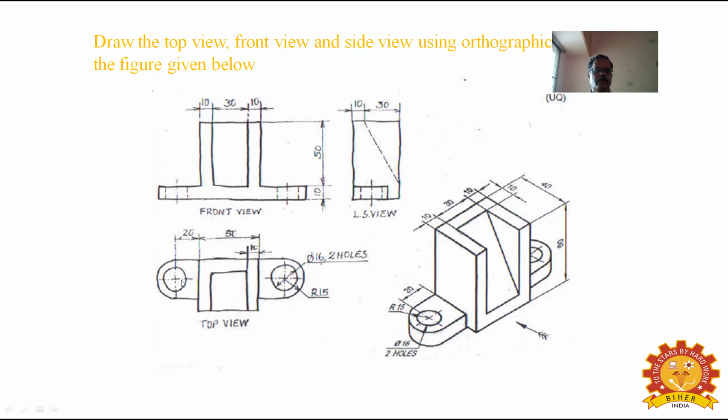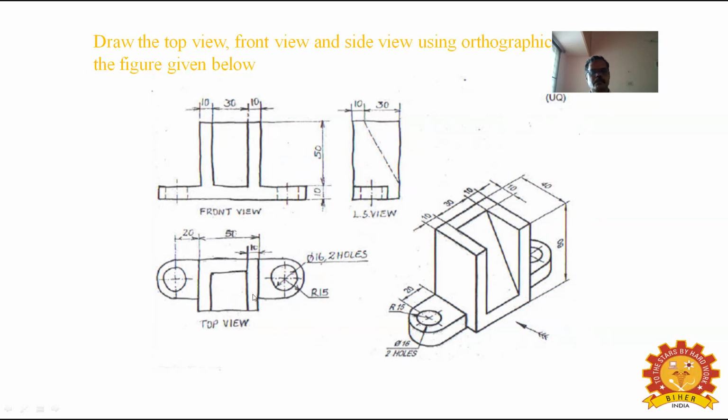a circle of diameter 16 on the left-hand side. On the right-hand side also you mark 20 mm, and then draw a circle of diameter 16. What is the arc radius they have given? R15. That means the width is 30 mm. So you draw a semi-arc of R15 and complete this collar portion on the left-hand side. Similarly, you proceed with the same steps on the right-hand side. From the center point of the circle, draw an arc of radius R15 and we complete this right-hand side portion.